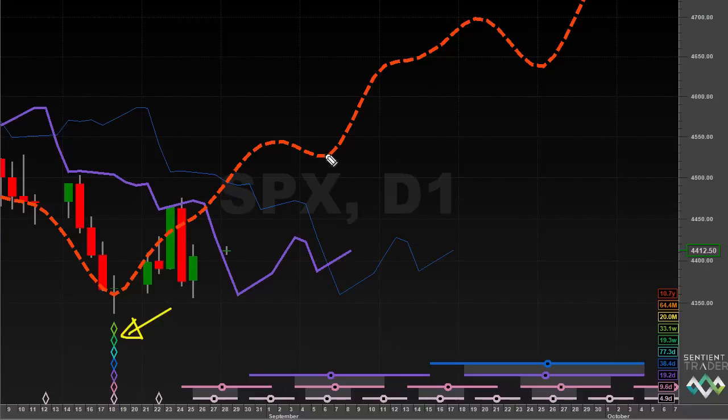But notice something interesting about this analysis. We have a trough over here, which is a 20-day cycle trough, exactly as we had it on the other analysis. What is the difference here? This analysis has us expect the 20-day cycle trough occurring 2 or 3 days later, the 5th or 6th of